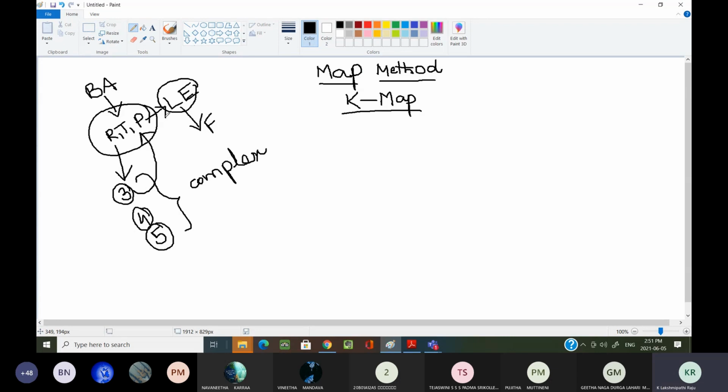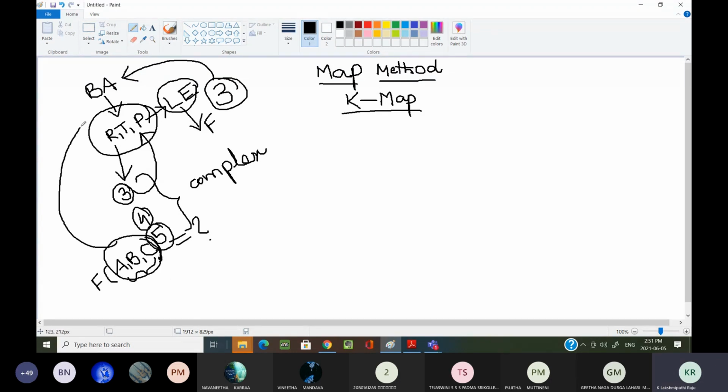That is the reason up to 3 variables you can simplify your logical expressions using Boolean algebra. Suppose your expression contains 3 variables, let us say f of ABC. How many variables does that function have? F of ABC equal to something. I have not written the complete expression. It has 3 variables.